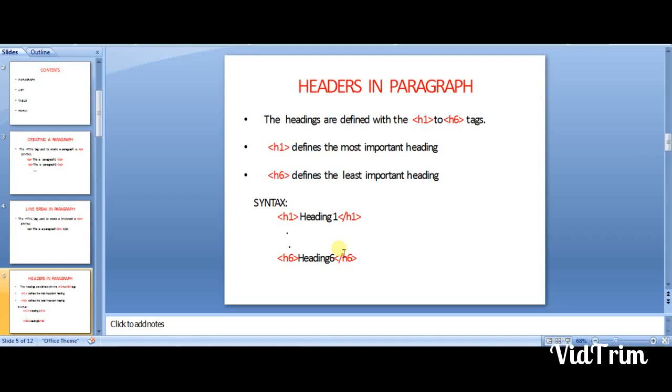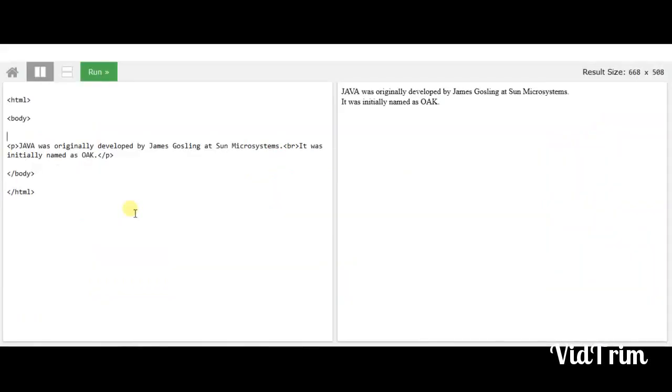Next, we'll see about adding headers to a paragraph. To add headers, we can use the tags from h1 to h6. h1 defines the most important heading and h6 defines the least important heading. Now, we are going to add the headers Java and Origin to the previous example.